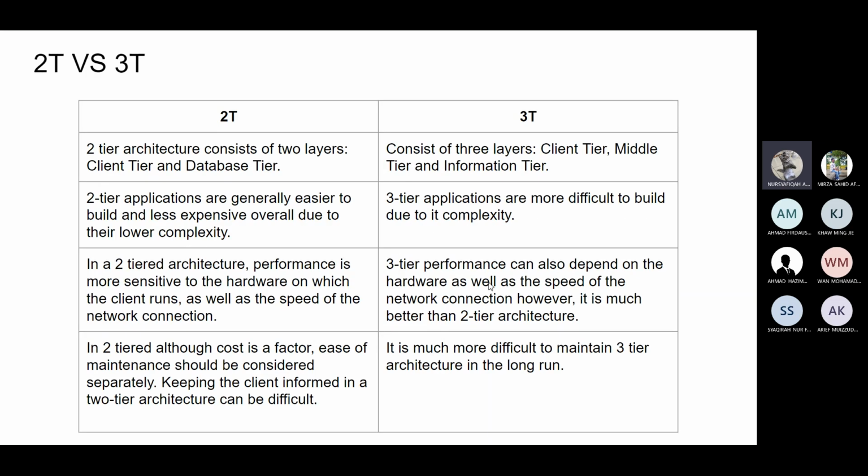So this is the difference between 2-tier and 3-tier. Mainly for the first row, the only difference is in the layers, and for the second row we have which places or which part of the tiers they are implemented in, and for the third row we have their advantages that I have just explained, and then for the fourth row we have